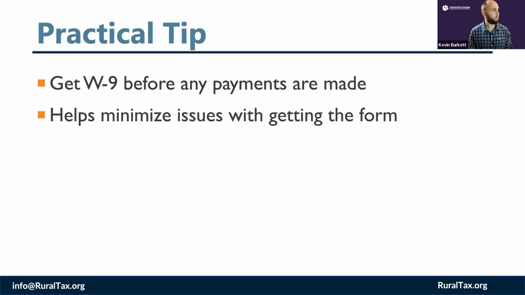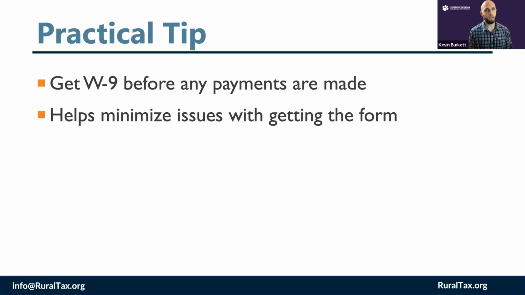So, as just a practical tip, if you are going to be working with someone, because sometimes they might not want it reported to the IRS for tax purposes, because if they don't want to, say, report different payments that they've received during the year, they may be hesitant to provide that information, and they can indicate lower amounts of revenue and taxable income on their return without having those